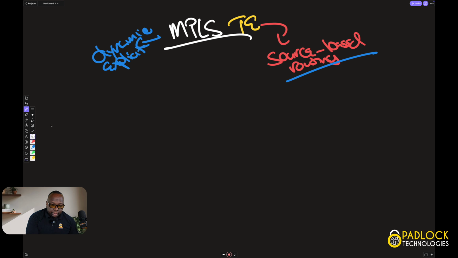There's a couple of concepts that we're going to go over here. There's the head-end, which is the ingress router, and then you have the tail-end, which is the egress router. Now, this is all still PE to PE communication. This is MPLS in a nutshell, just PE to PE, always. So this is just another flavor of PE to PE communication or routing, and it uses a specific thing called